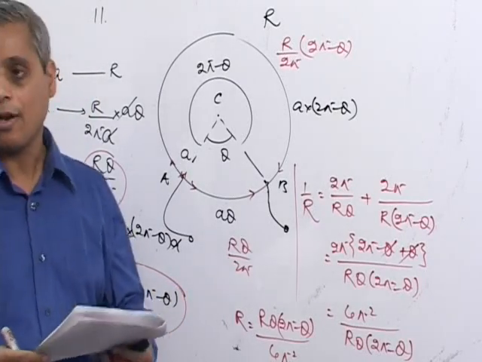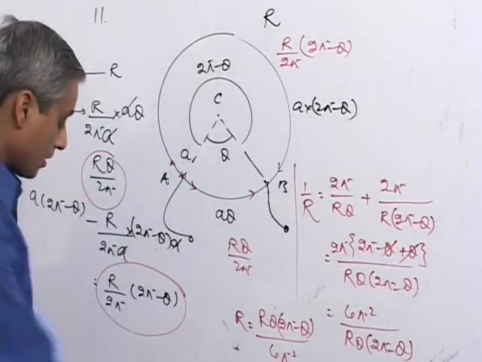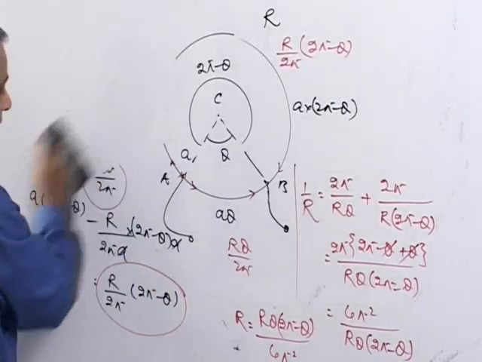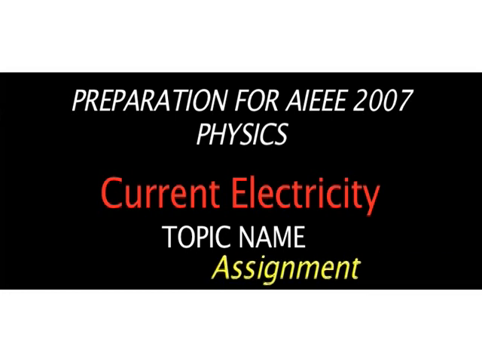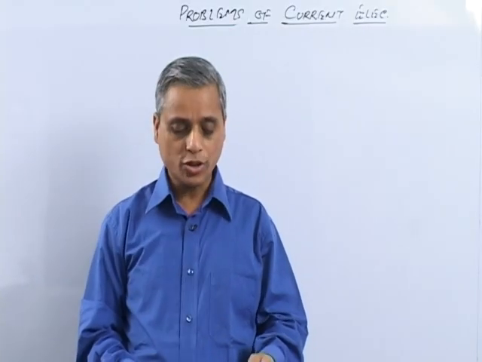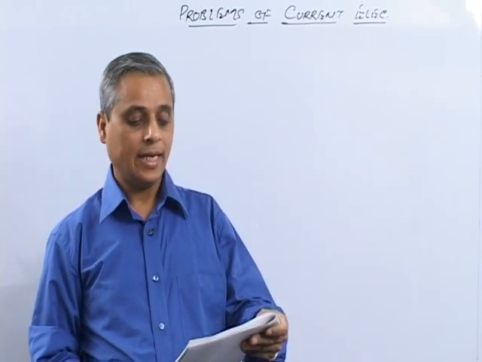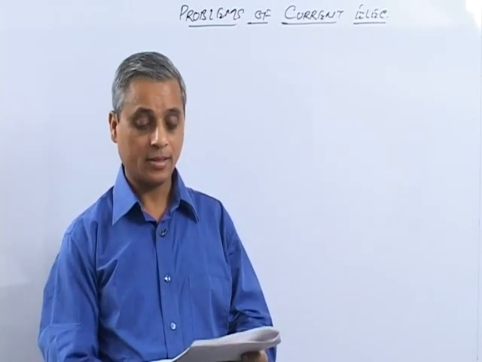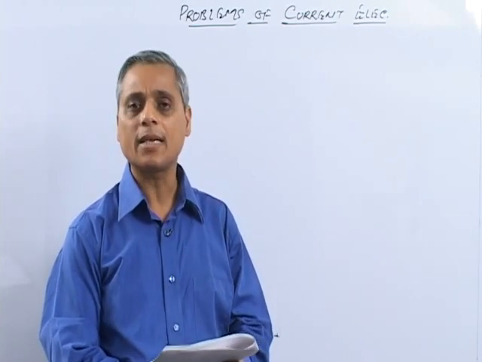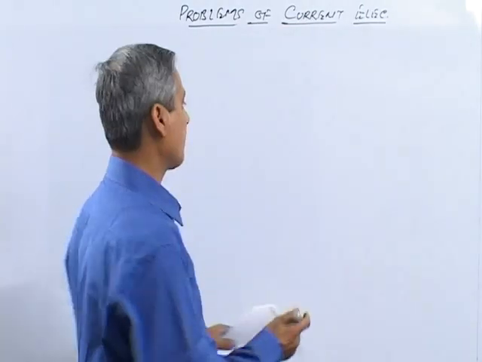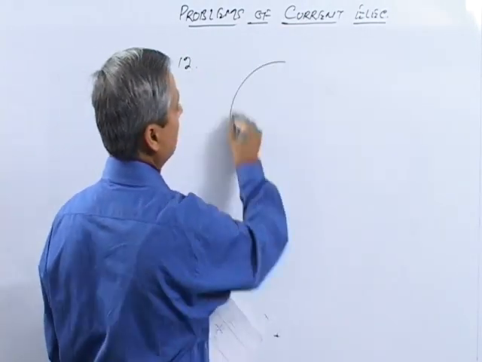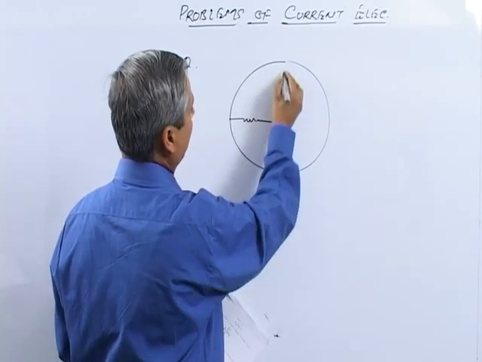And that is all about question number 11. So this is question number 12. Question number 12 goes like this. In the network shown in figure, the ring has no resistance, that means it is made of a copper wire. The equivalent resistance between points A and B is. So in question number 12, you have three resistances connected like this,